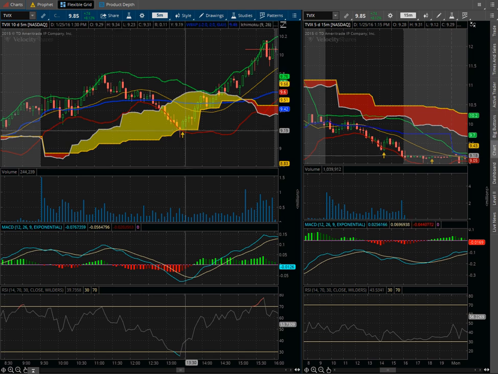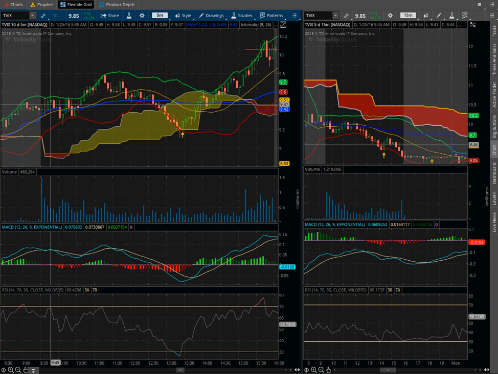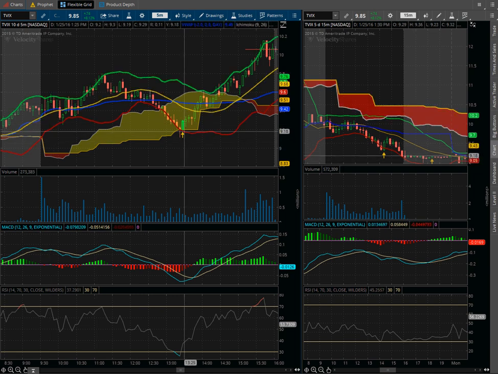The second thing that gave me a great feeling about this trade was the fact that, number one, it was a bullish sentiment stock for the day, so most retail traders are looking to go long. The third thing was that the Ichimoku cloud at $9.20 provided perfect support, and it bounced right off of it. And the last bit, that will prevent traders from entering on false indicators if you use this indicator,